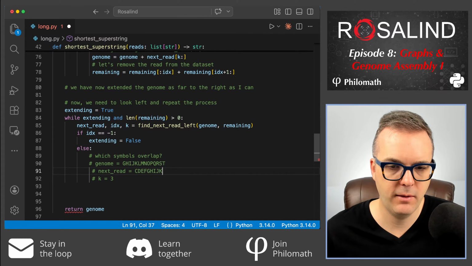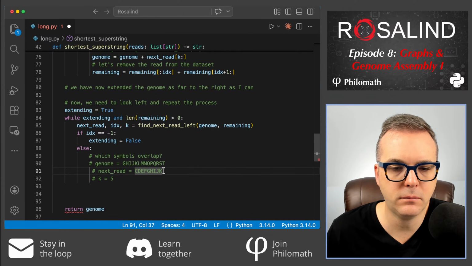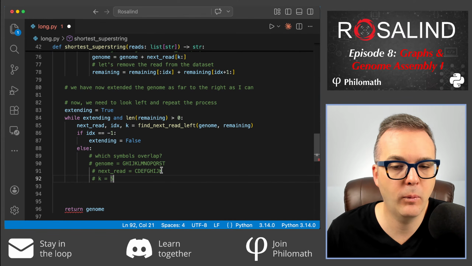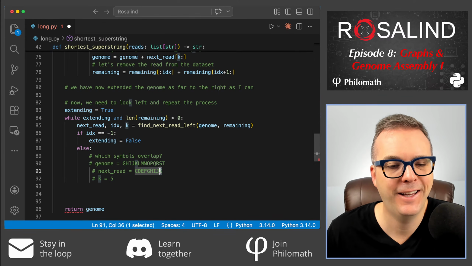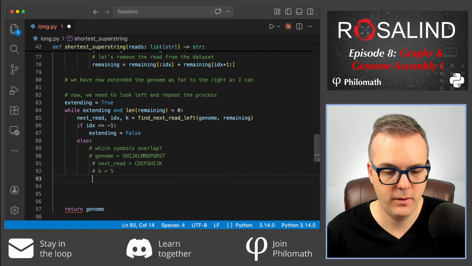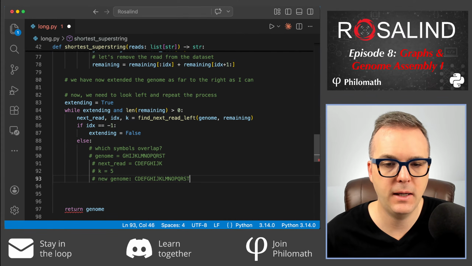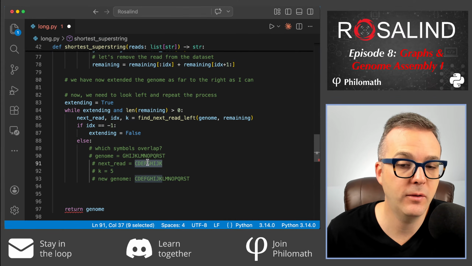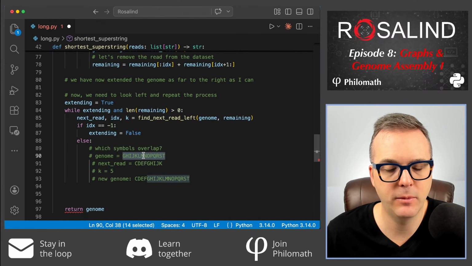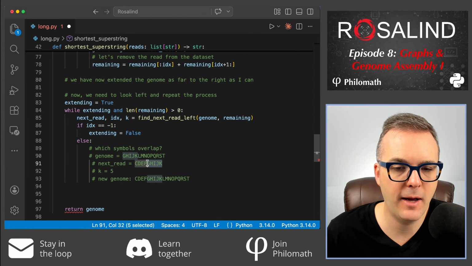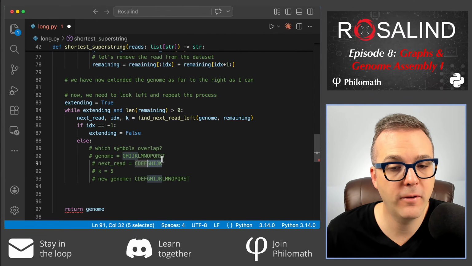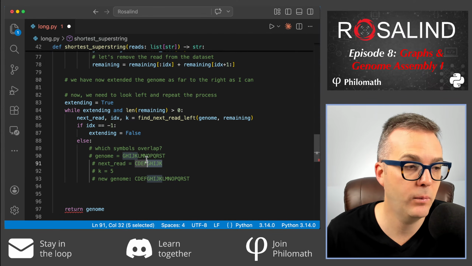Actually, let's go J, K. So I have the condition that it's at least half of its length. So if K is 5 here, well, it's the same idea, except that the new genome should be C, D, E, F, G, H, I, J, K, L, M, N, O, P, Q, R, S, T. And we get that by taking the next read first and then appending genome to it, except we're going to have some overlap here. And so we don't want the final 5 symbols of next read when we perform that